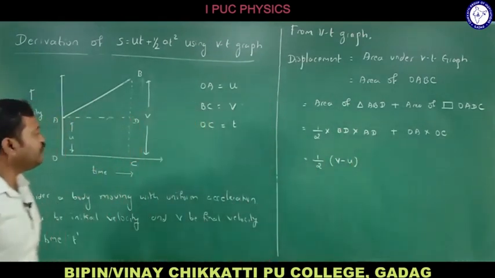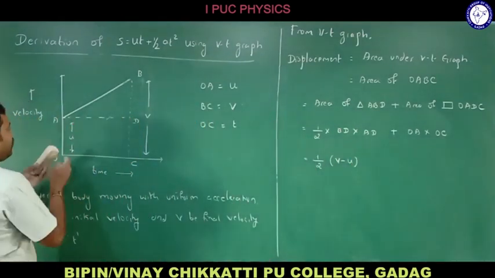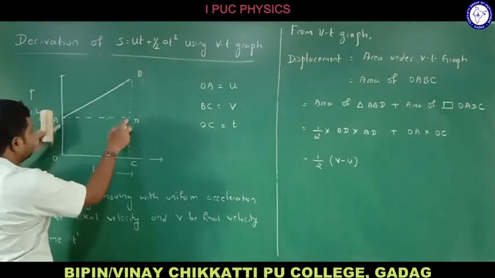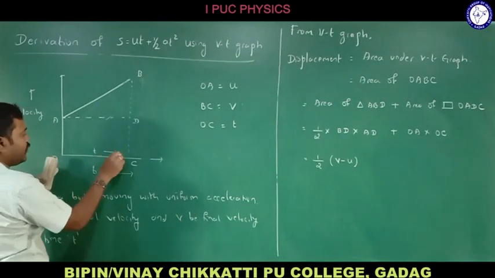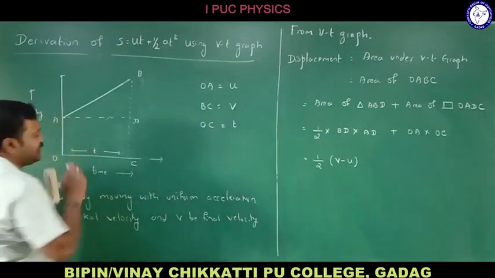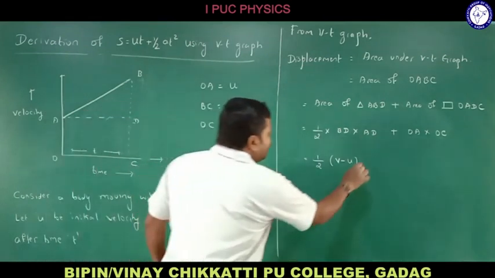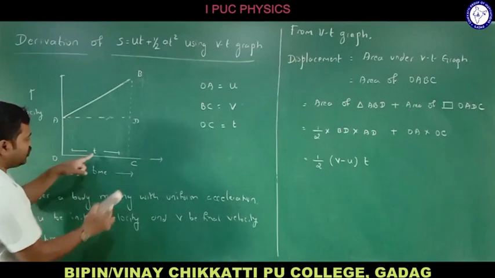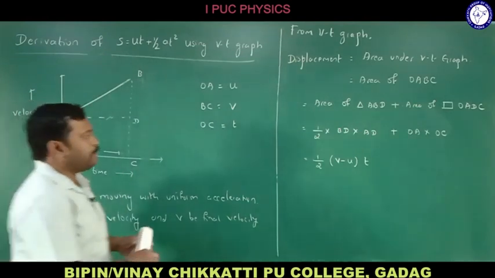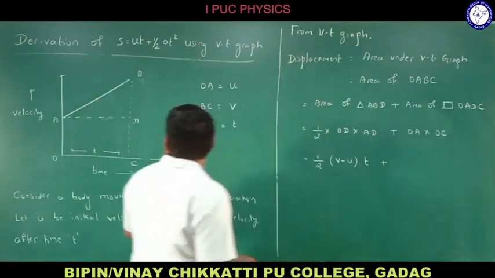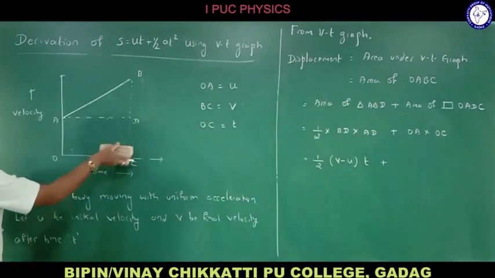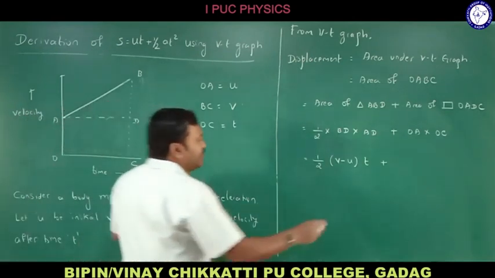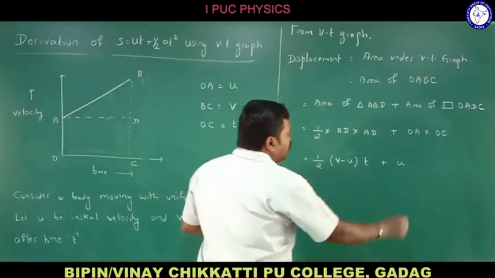What is AD? Where is AD? Here there is AD. Now, AD is nothing but OC, which is time. We know OC is time. So AD is equal to OC, that is equal to time t. Plus, what is OA? Where is OA? Here there is OA. It is the initial velocity. So let me take initial velocity U into,